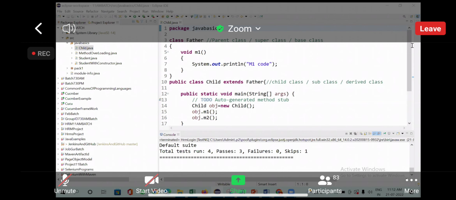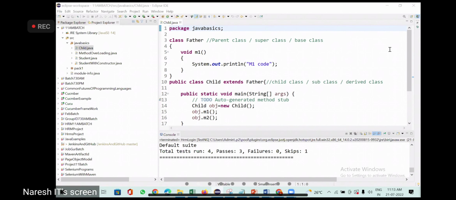Is this required for experienced candidates? Which one is required for experienced candidates? Even if you are experienced in manual testing, if you don't know this, then it is required. If you know this, training itself is not required. If you know everything, training itself is not required, right? So